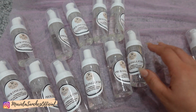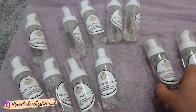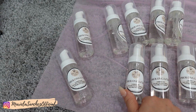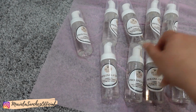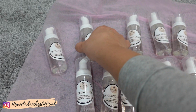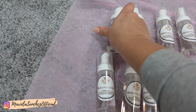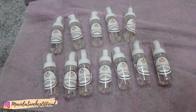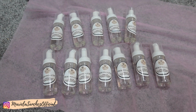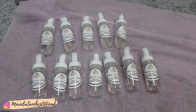This one doesn't have a label. So this is how they look once they are labeled. So now I'm gonna package everything. I have a lot more to make, but for the sake of the video, I'm gonna make one batch first